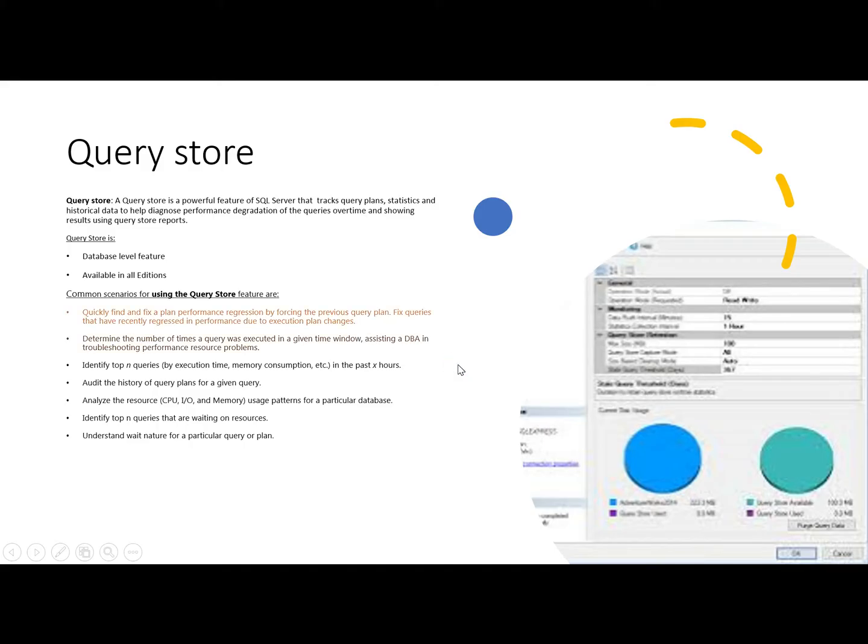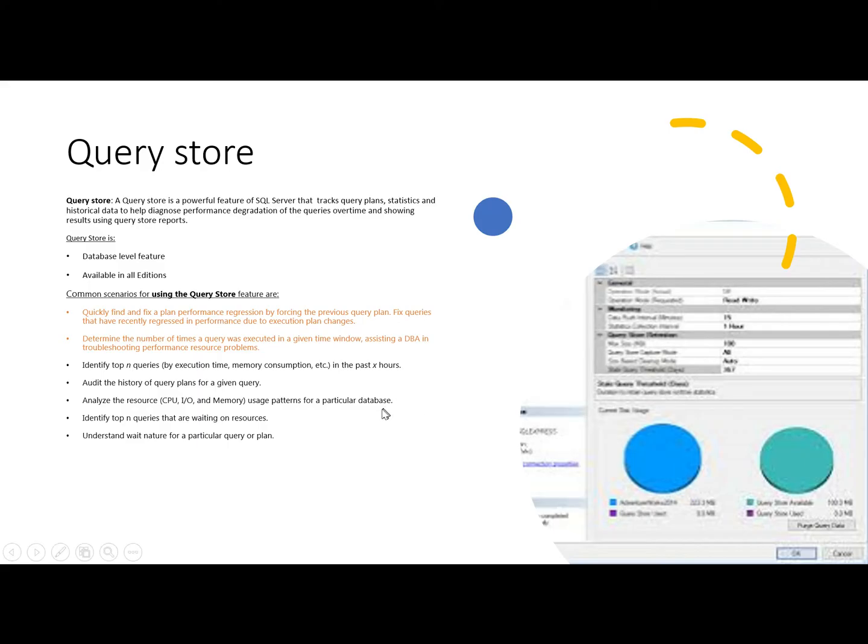By using Query Store, we can determine the number of times a query was executed in a given time. Query Store also provides the top N queries in the past hour, or any number of hours, and we can check the queries by execution time or by memory consumption. We can also audit the history of query plans for a given query. Query Store also allows us to analyze resource consumption like CPU, input output, and memory consumption for a particular database.